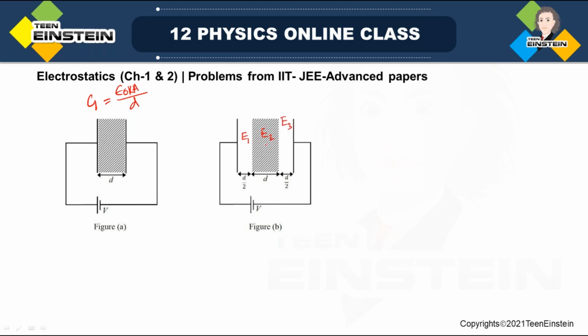So the total voltage V will be E1 into d by 2 plus E2 into d plus E3 into d by 2. Okay, so we know that E3